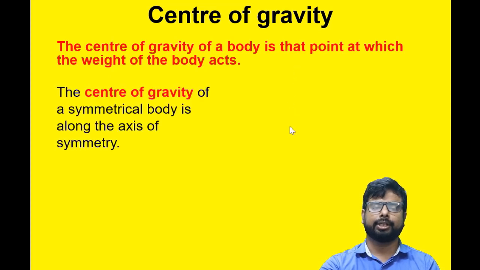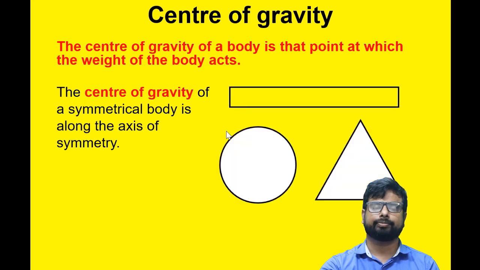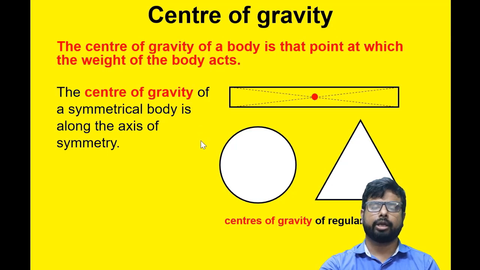The center of gravity of a symmetrical body lies along the axis of symmetry. Look at the diagram: center of gravity of a regular shaped object. For a rectangular object, where the two diagonals meet, there is the center of gravity. For a spherical object, the center of gravity will be at the center. For a triangle,